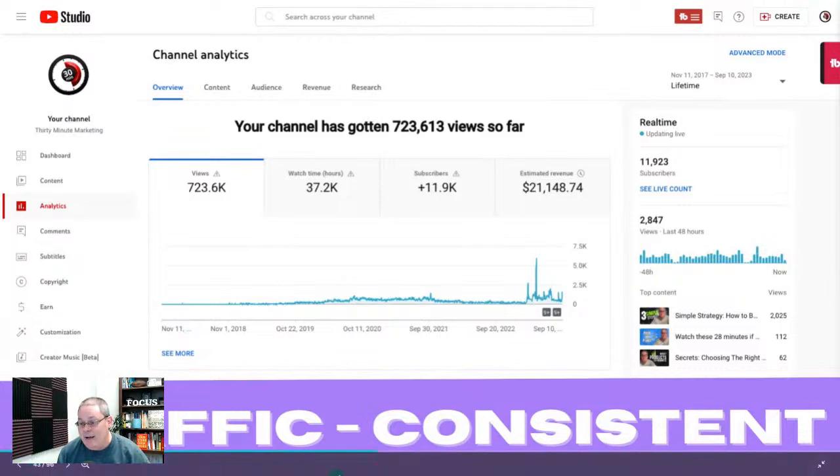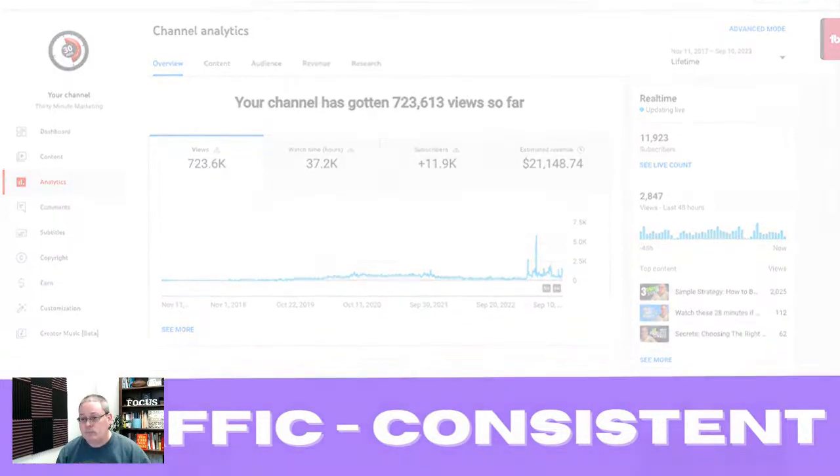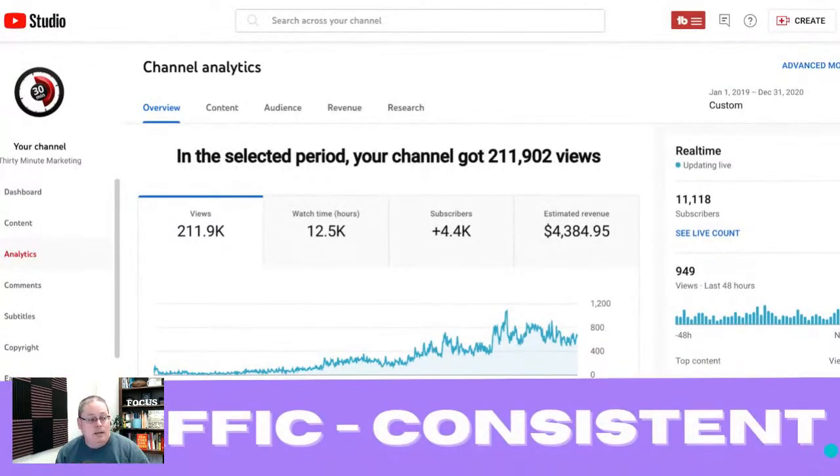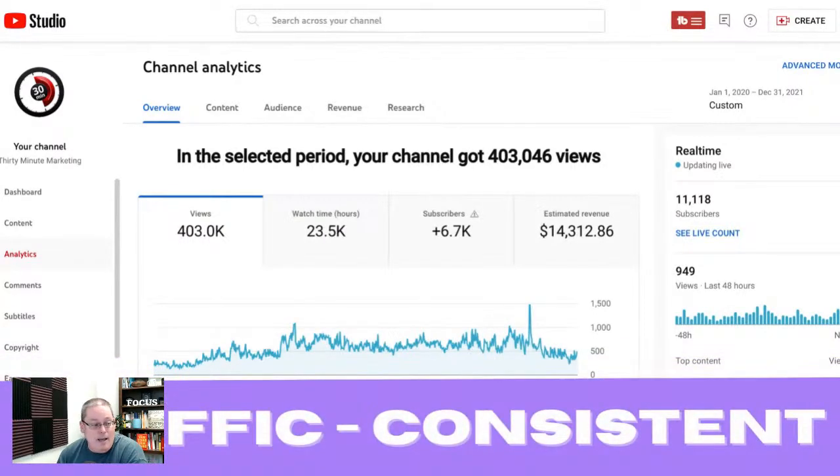And then I can break this down, because this is a graph that shows you the lifetime of the channel. But once traffic starts happening, and this is a better representation of what I was showing you, there's nothing going on in the beginning. And this is understanding that once you have the focus, you set aside the time, and you have a realistic view of how much time it takes, you say, okay, things are going to start happening. And when they do, it's really going to be noticeable. And then in this graph, you can see that things have happened. And once you are consistent, things continue to happen for you.